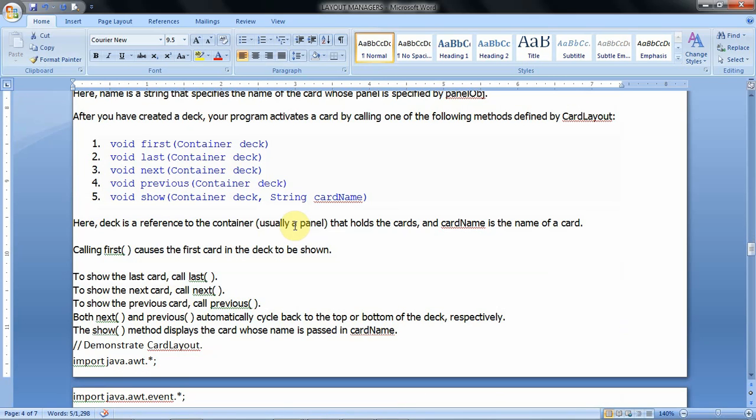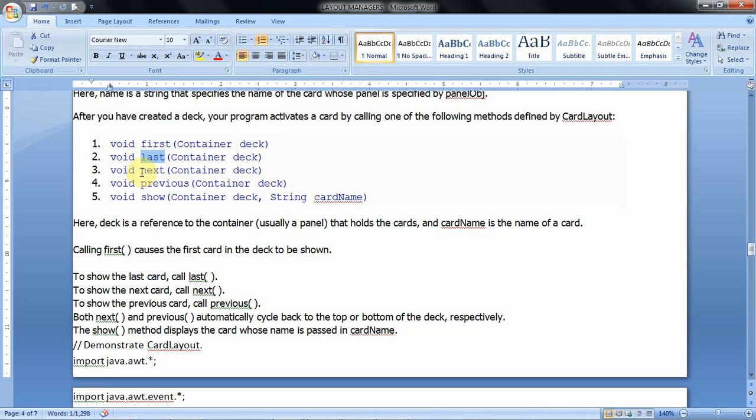So for moving to the different cards or different positions of the components, we have the methods. First, if we use this one, whatever the card we placed on that deck of cards, we can move to the first card by using the method first. So like that, to move to the last card, we have the method last.